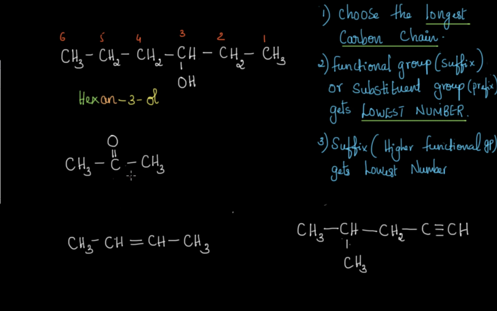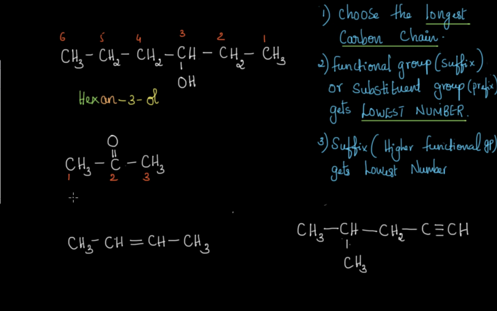Now in the next one, you can see that CO is the functional group present. So again, if I start numbering, giving the lowest position 1 to this, if I start numbering from here, then this becomes 1, 2, and this will be a shorter chain. So we always have to choose the longest carbon chain, and that we can do by going from left to right or right to left. So here I can go either way, because if I go from left to right or right to left, I'm getting this position as 2. So keeping that in mind, I'll number the carbon 1, 2, 3.